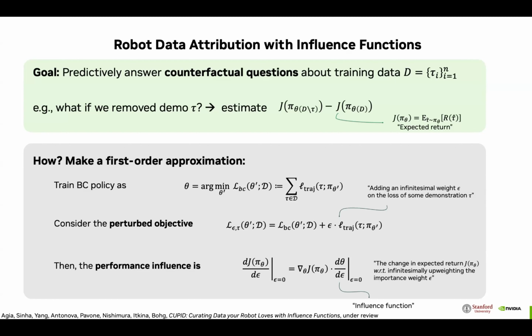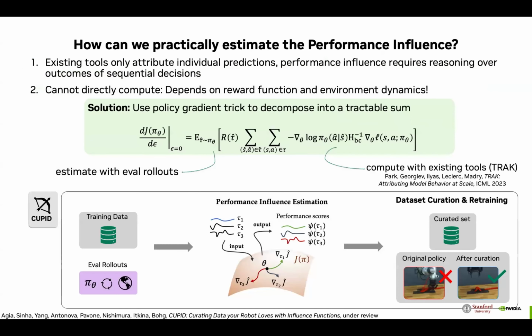That is, we want to compute the change in expected return with respect to infinitesimally upweighting the importance weight. Okay? So in practice, computing this performance influence is not easy. So to compute that derivative is not easy. The notion of influence function has been around in the machine learning community for the past few years, but robotics